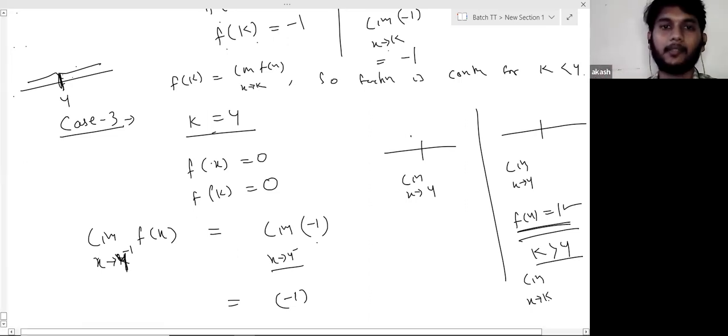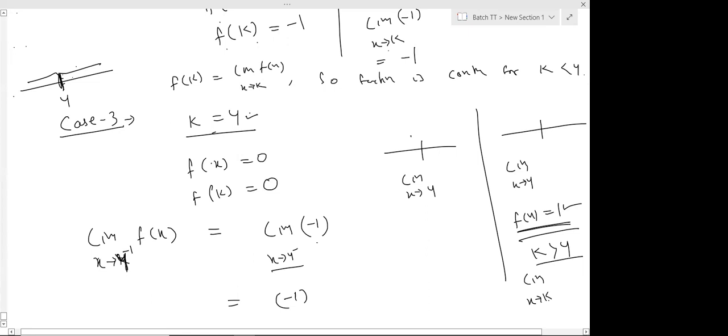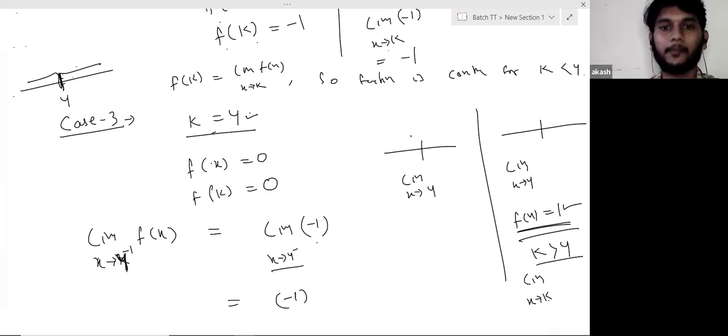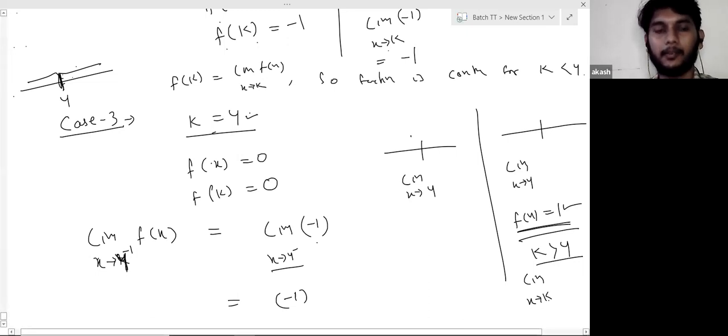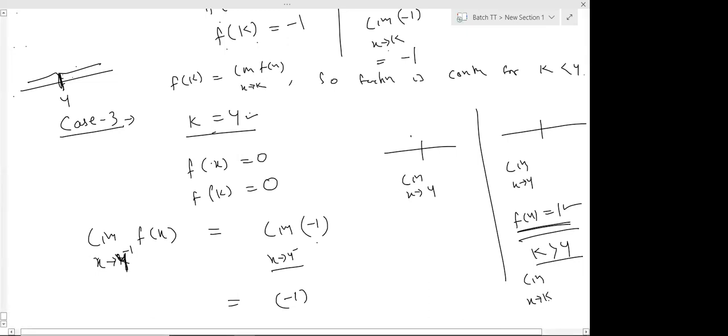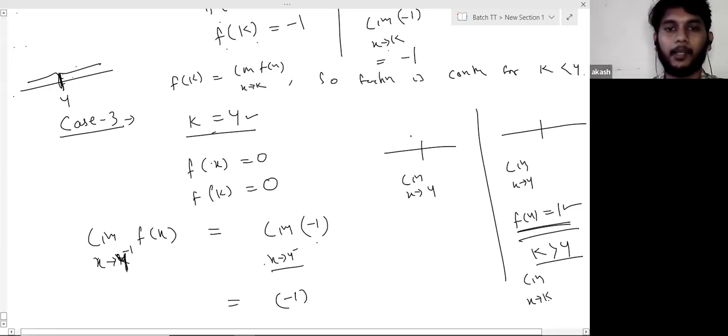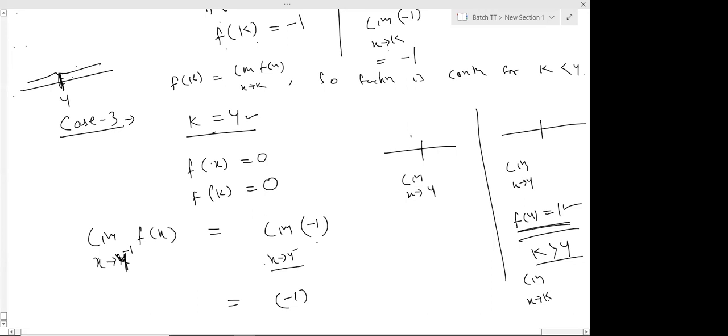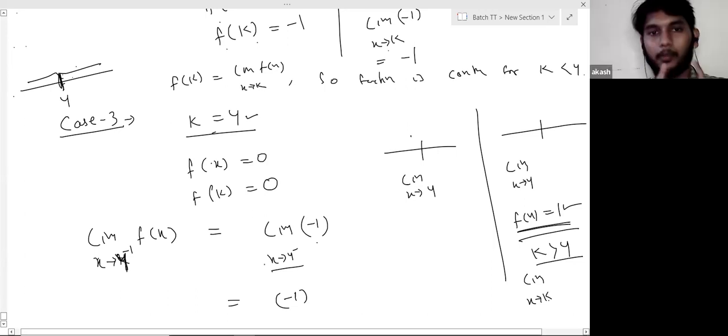But here in this case, when k is equal to 4, if you take the left hand limit, k will become slightly less than 4, and as soon as that happens, the function will change, right? So we break into when the function changes. Please look at the previous questions. You will be clear when we break down and when we don't.